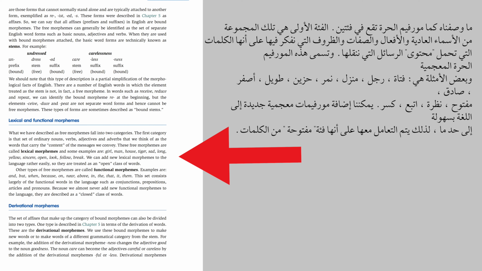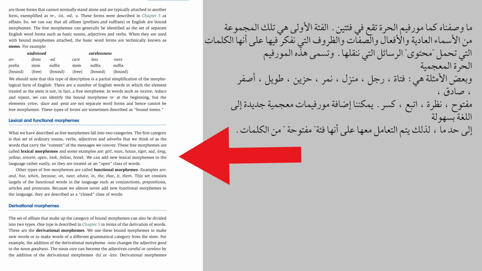فخلينا نجي نشوف. What we have described as free morphemes fall into two categories. The first category is a set of ordinary nouns, verbs, adjectives، هاي الصفات الأسماء الظروف that we think of as words that carry the content، يحمل المعنى المحتوى، of the messages we convey، أو الرسالة اللي إحنا نريد نوصلها. These free morphemes are called lexical morphemes. احنا نترجمهم يعني نعرفهم lexical morphemes